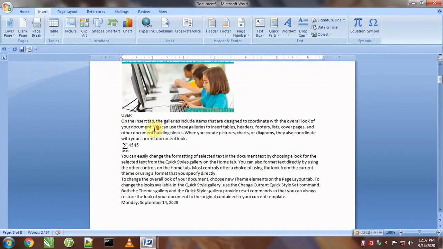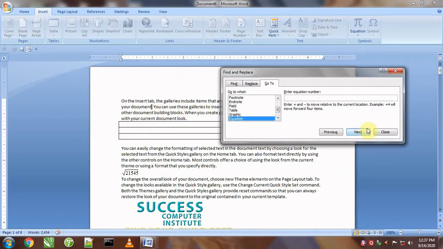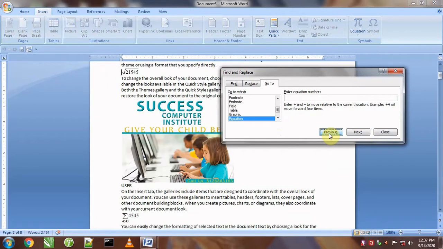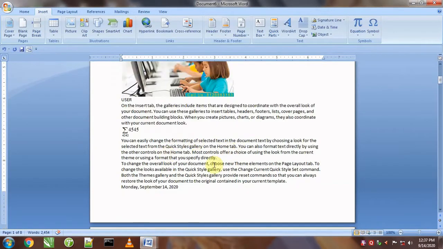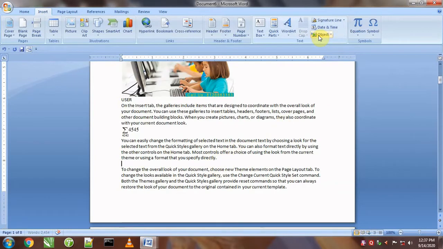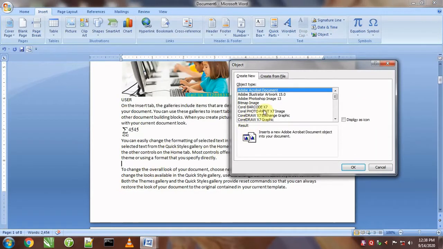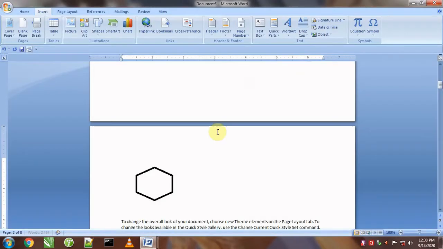So suppose these are the equations present in my document, and I want to look at all these equations one by one. So I will click on equation and will say next, next, next. So we can look here, it's showing all these equations one by one with the help of the next and previous commands. Next is object. If our document contains some objects, we can visit all those objects also with the help of this command. For this we will go to the object option, and from here I will put some objects in my file. First object, I will put a bitmap image. Okay, I will create a bitmap image like this, will cross out of it, and this object will be added to the document.